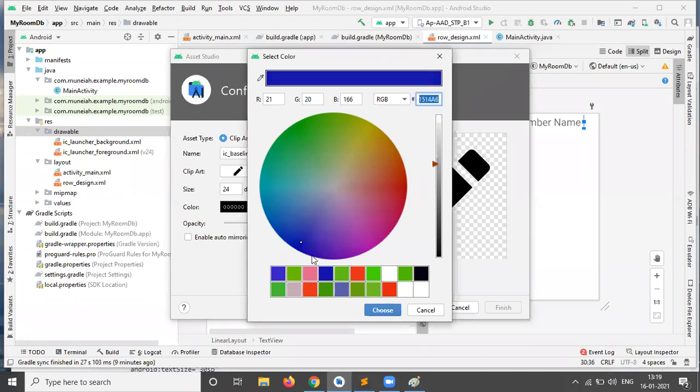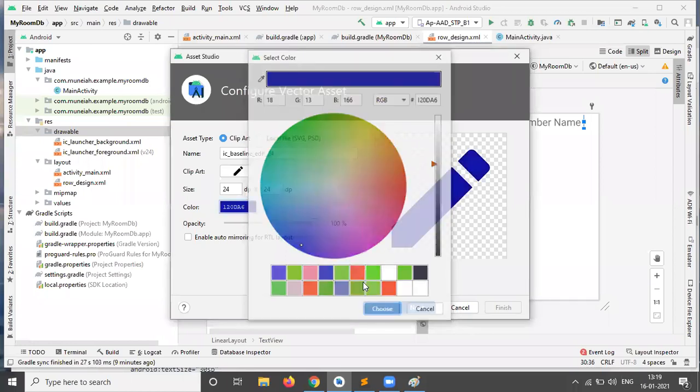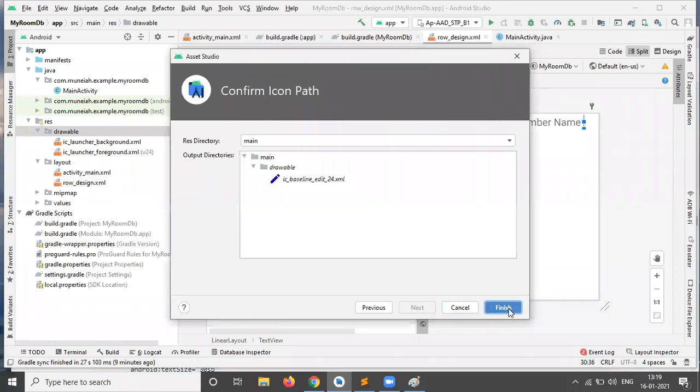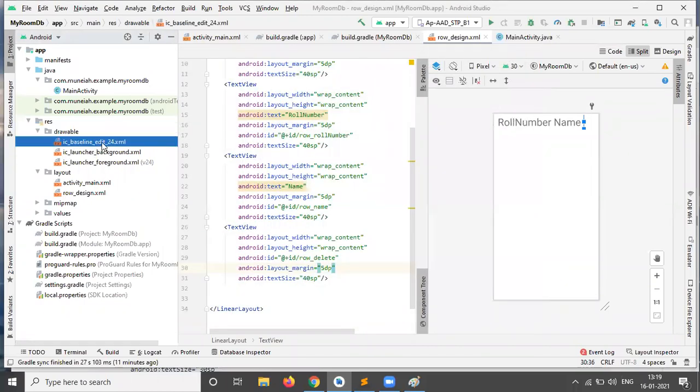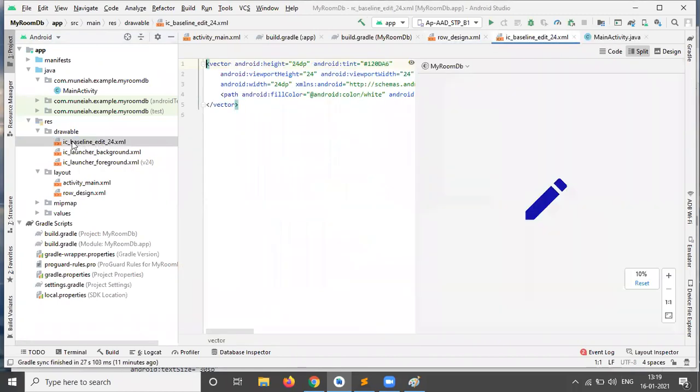I'm choosing the blue color here, and click OK, next, and finish. Here I see the baseline_edit_24 icon is created. If you want to see that icon, you can double tap on it. We can change the color, and height and width also.